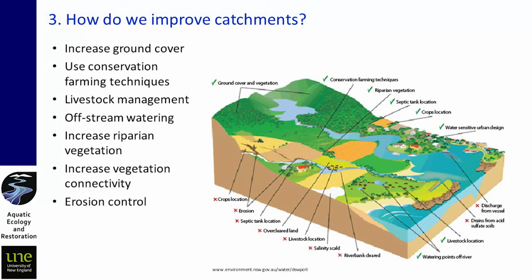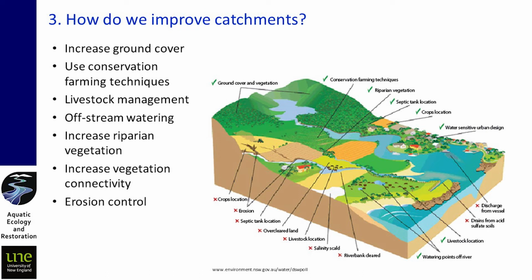So here's a map that was taken from the New South Wales Department of Environment. And it's having a look at a catchment and all the different things that contribute to poor water quality or contribute to good water quality. And so we're sitting towards the top left of that diagram, up in the top parts of the catchment. So things that we can do is increase ground cover, so that's across the landscape, not just within the riparian zones. So trying to maintain more dense pastures is important, trying to have more biomass of grasses and herbs and forbs.